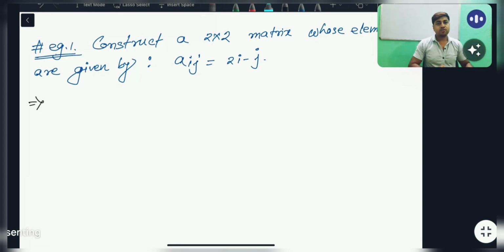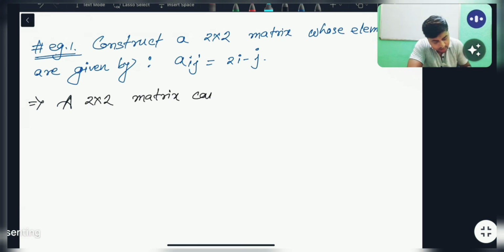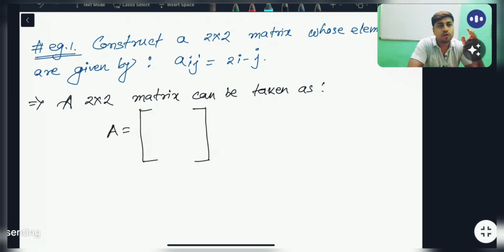So what is the construction? একটা 2 cross 2 matrix এর একটা construction আগে দাও। 2 cross 2 matrix can be taken as A equals to, কি ওয়েতে নিয়ে থাকি 2 cross 2 matrix এর ওয়েটা কি, 2 rows and 2 columns। দুটো রো থাকবে আর দুটো কলাম থাকবে। দুটো রো আছে না, তো উই হ্যাভ টু রাইট 2 rows।